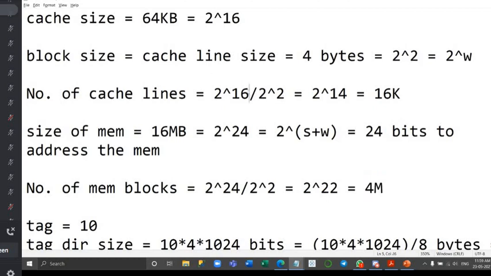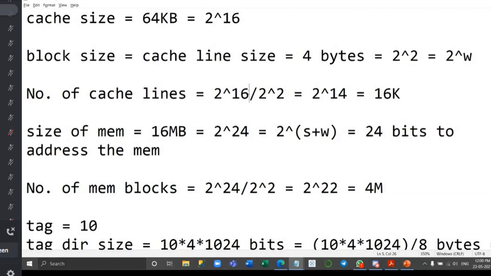And if we divide, the block size will be equal to the cache line size, but the numbers will be different. In your laptop, the maximum amount of cache I have seen is 12 MB. I have not seen a cache size bigger than 12 MB. 12 MB is huge, right? So the number of cache lines will obviously be different from the number of memory blocks, because your cache size differs from your main memory size.